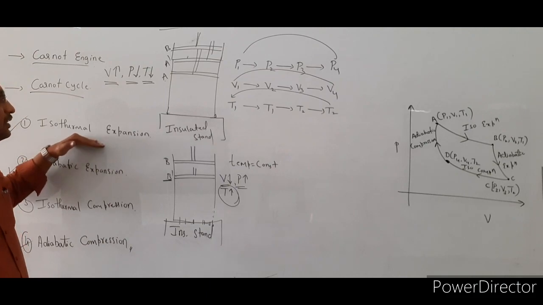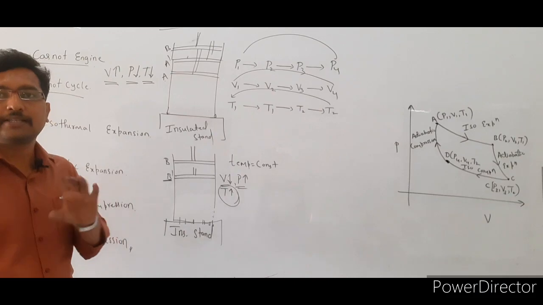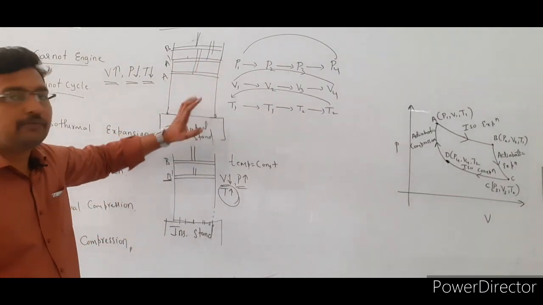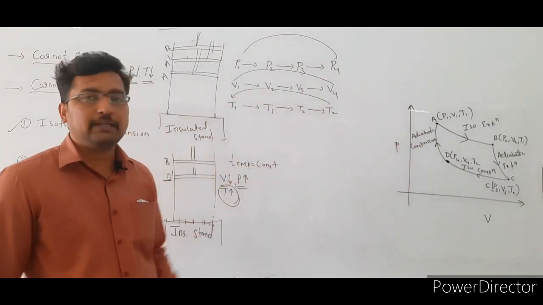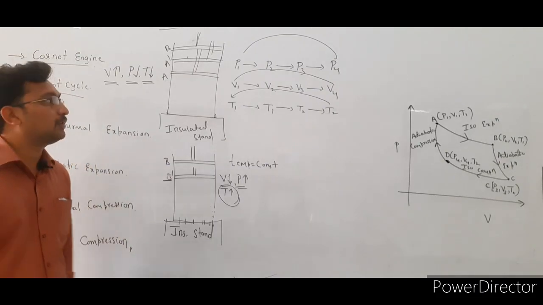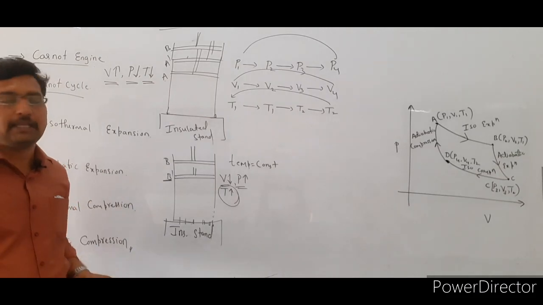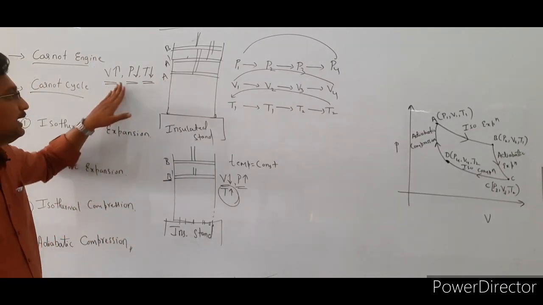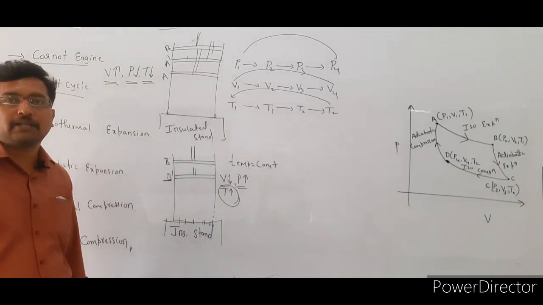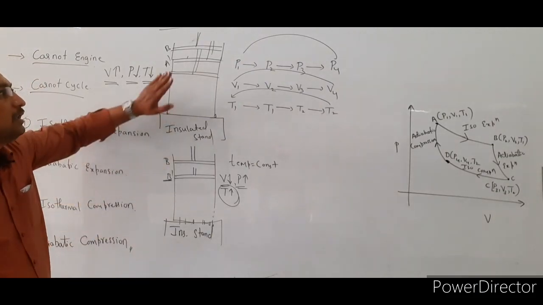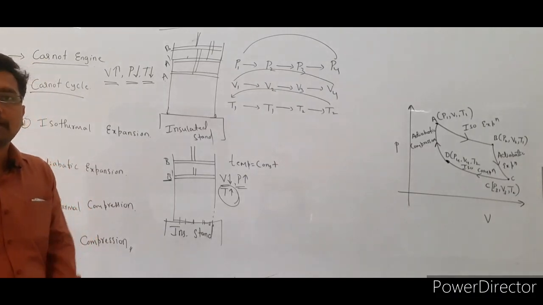In the first case, in isothermal expansion, we place a cylinder on the source. The initial state of that cylinder is P1, V1, T1. It is represented as a point in the PV diagram. Here point A represents the initial state of the system. Afterwards we allow the gas to expand isothermally. In that case, its volume increases, its pressure decreases, and its temperature would also decrease. But in this isothermal expansion, to maintain a constant temperature, the working substance absorbs some amount of heat energy from the source.